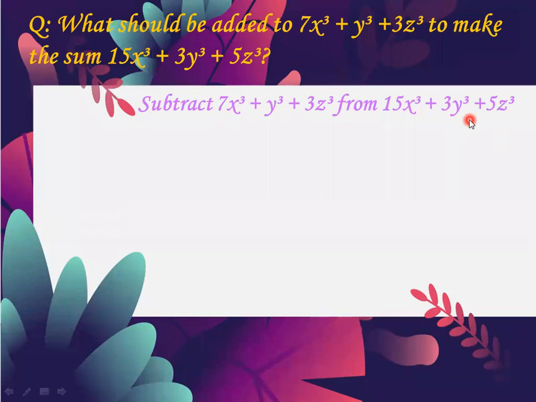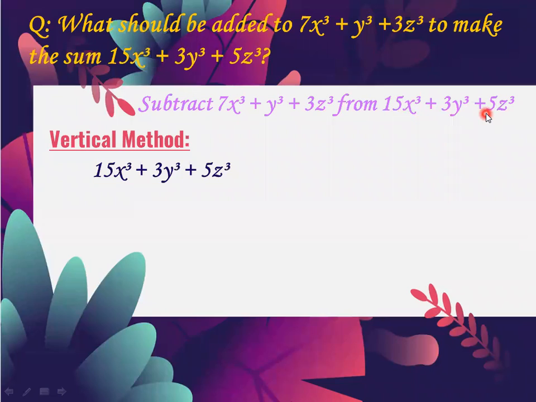Same criteria follow होगा, but what you will do, you are going to subtract this expression from this one. So you are going to use both methods, horizontal as well as vertical. First we will start with the vertical method. For the vertical method, we will write the second expression first, just like this, that is 15x cube plus 3y cube plus 5z cube. Then your first expression will be considered as your subtrahend, that is 7x cube plus y